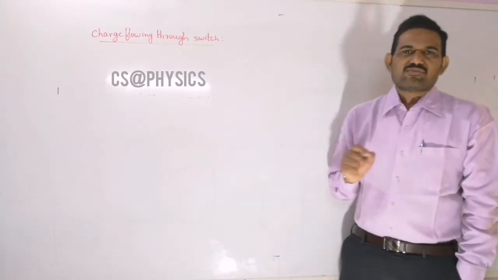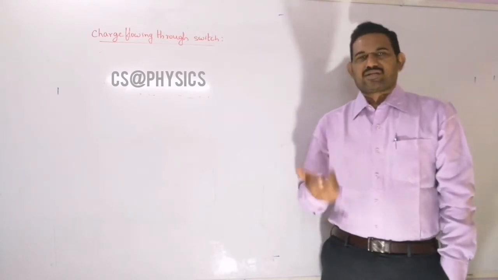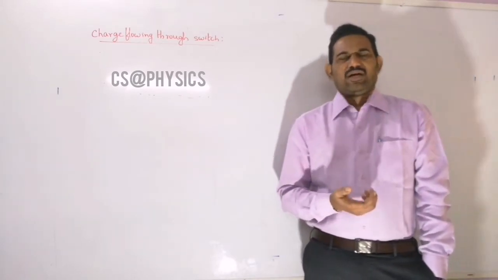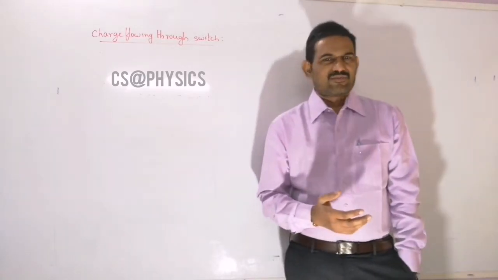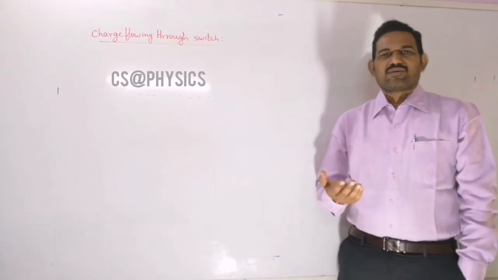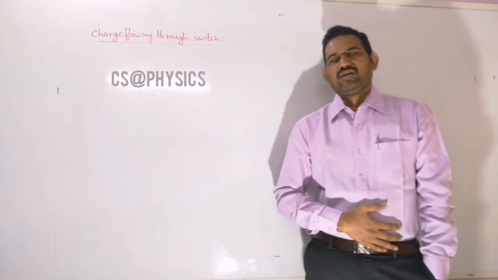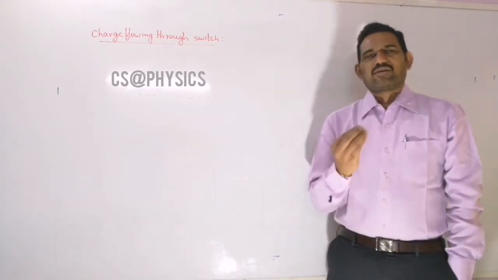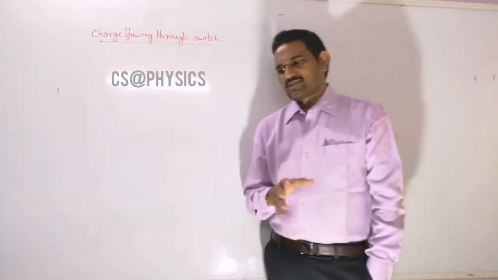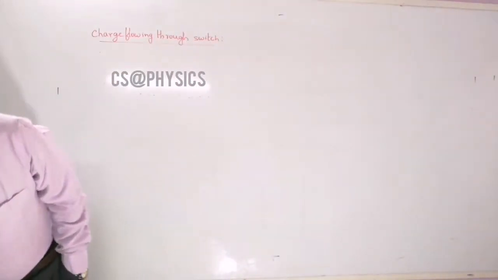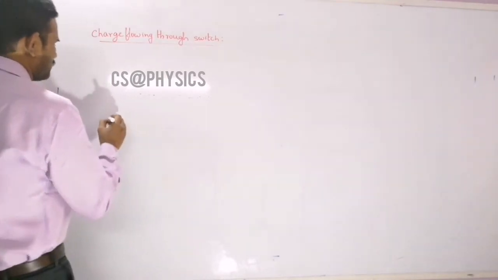That means they will give some switches in the circuit, and just after closing the switch, they will ask how much charge is flowing through it. In those switch problems, sometimes they will also ask heat energy calculations. Those calculations are the same as what we discussed in the last class. We just need to apply the conservation of energy formula, and by applying it you can calculate the heat generated in any circuit, right? Now let us see one such example based on the charge flowing through the switches.